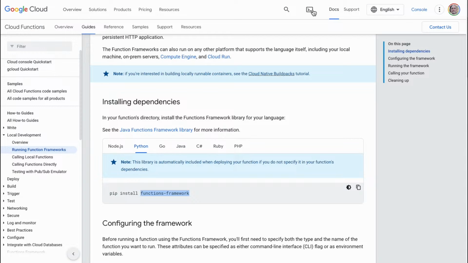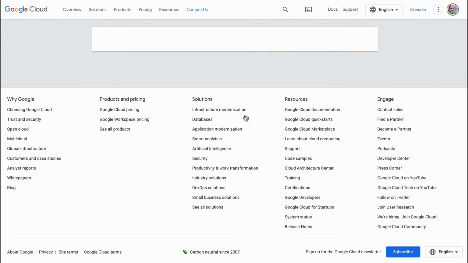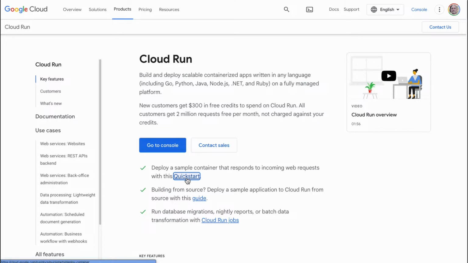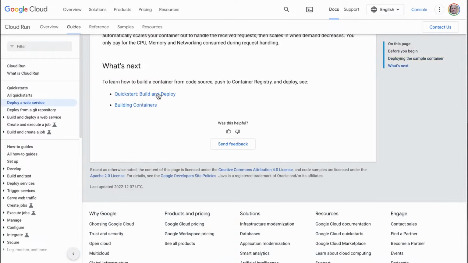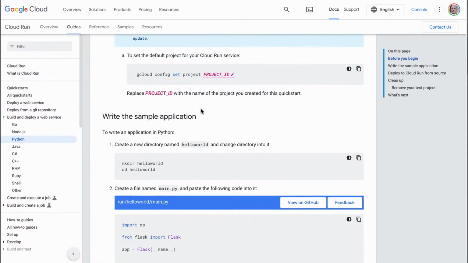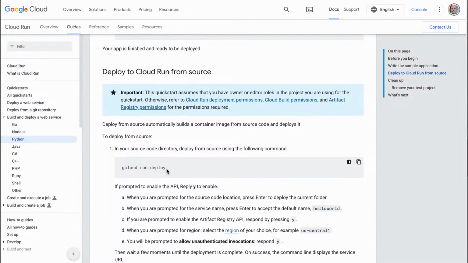And let's look at the documentation real quick. Cloud Run. I think it's just one line. So quick start. Let's look at the documentation. Quick start, build, and deploy. If I remember correctly, that's all you got to do.